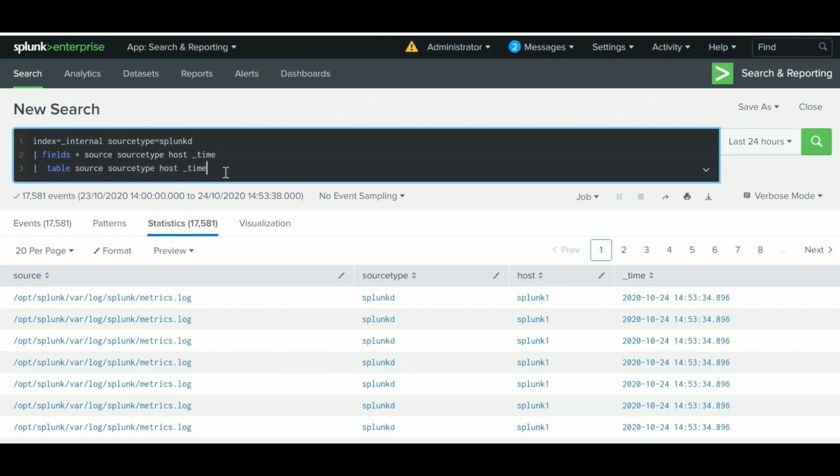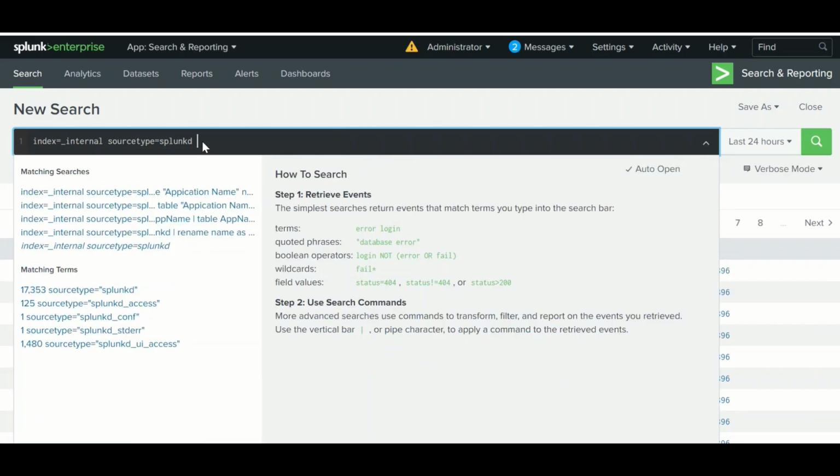The next command is fields. Whenever you ingest data, on the basis of key-value pairs, Splunk automatically assigns values to the fields or field names on the basis of a header if it is a CSV file, or it uses its own logic to make a key and its value.